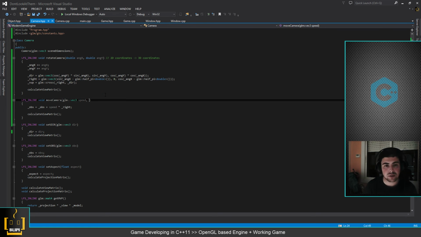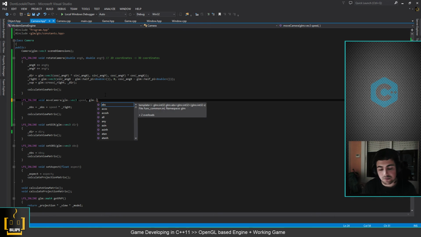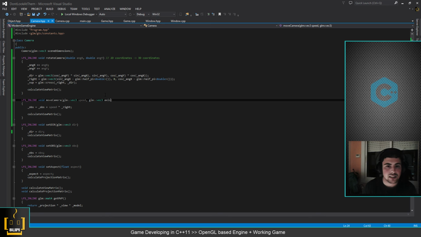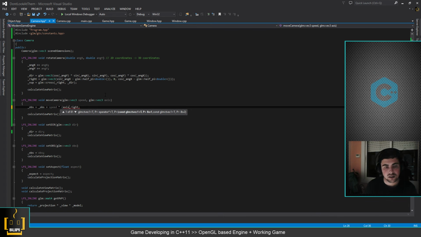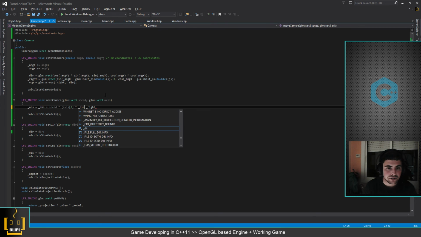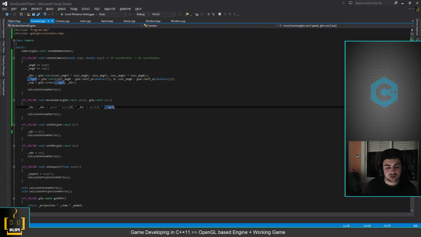And we should have one more parameter called GLM vector axis. Now that makes more sense, and we should be using our axis 0, that's movement along x, to multiply our direction, and our axis Z to multiply our right vector. So if we do this like,